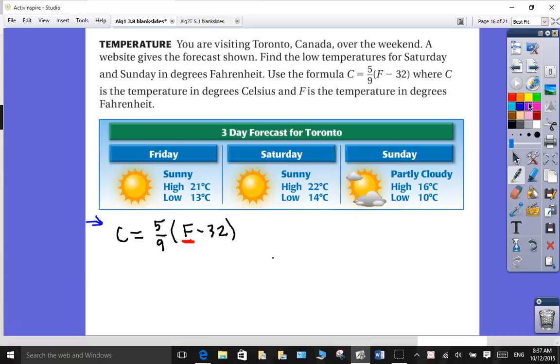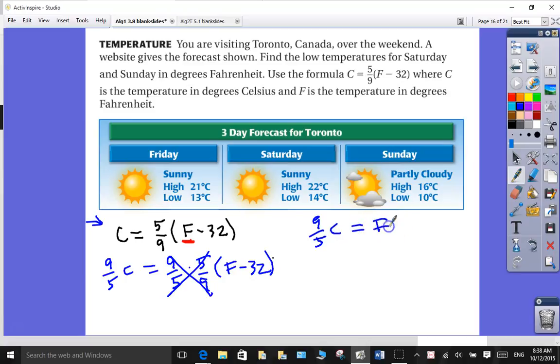Multiply by the reciprocal, right? So this is going to look like 9/5 times C equals 9/5 times 5/9 times (F minus 32). And now all of this cancels. Now we have 9/5 C